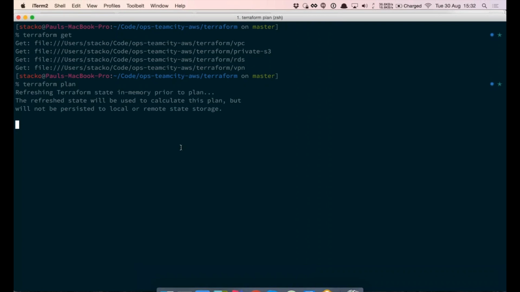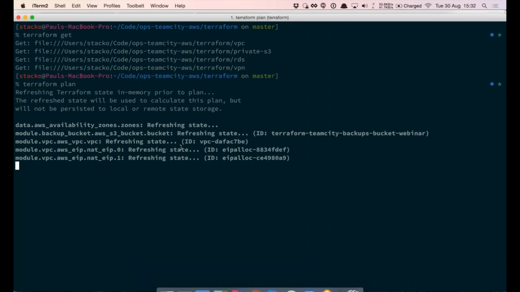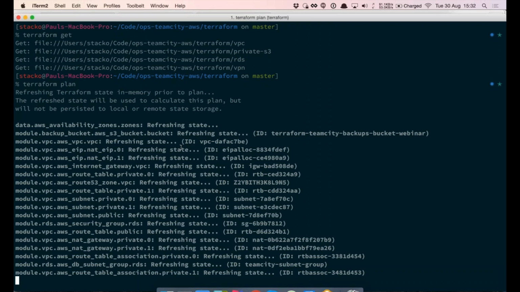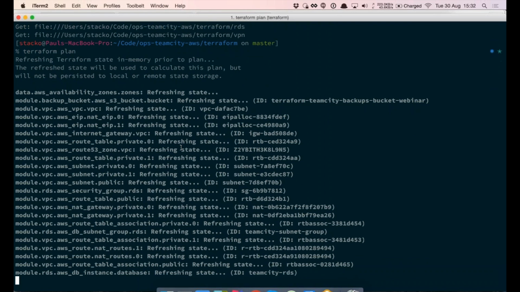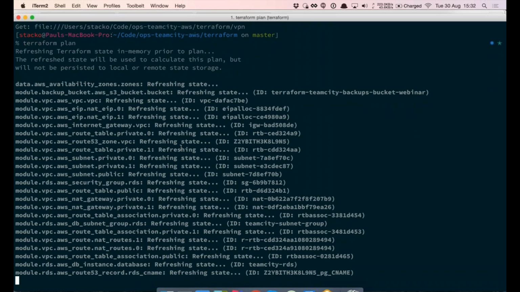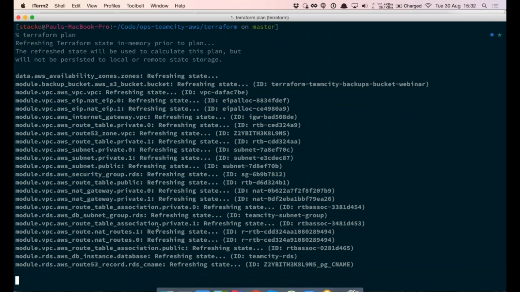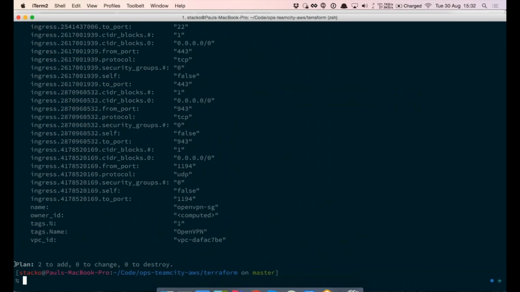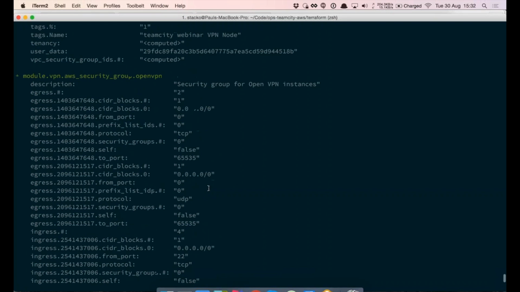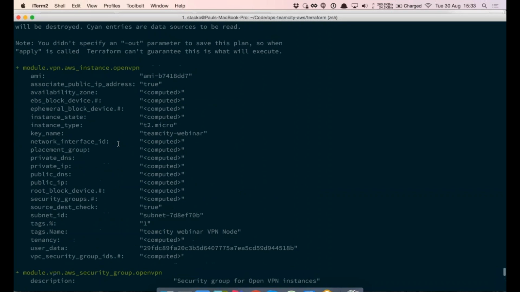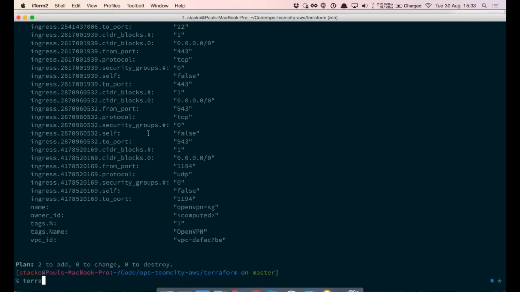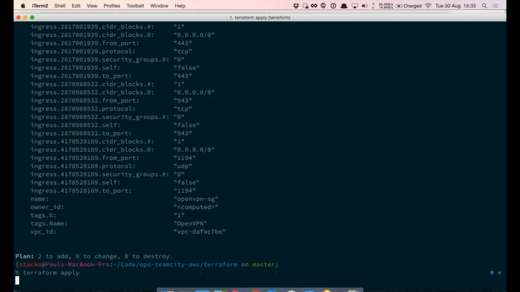So terraform plan at this point should show us that we're going to create two things: an instance and a security group. This is where I'm at the mercy of my internet provider at home. But there we go. We're going to see plan, 2 to add, 0 to change, 0 to destroy. We can see that the first one is a security group, and the one above that is an AWS instance. And if we terraform apply those,